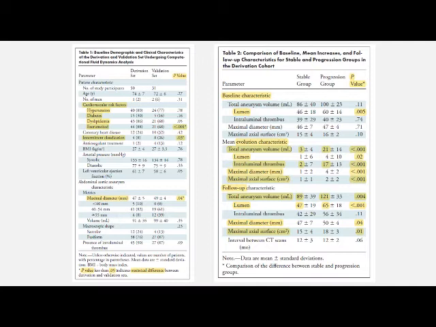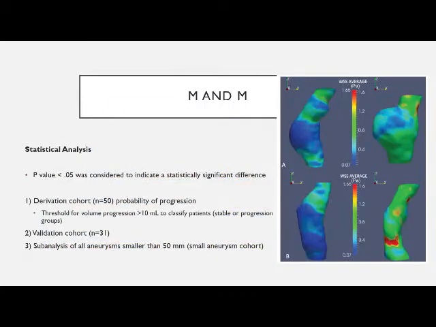So here you can also see some of the volume and the characteristics that they are comparing. Basically, all of these are statistically significant, the aneurysm volume and the diameter and so forth. We're going to analyze per group, so without having to go deeply into that. Now, before going into a bit of the images,